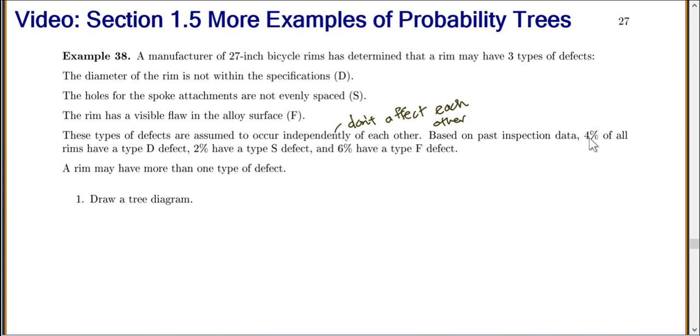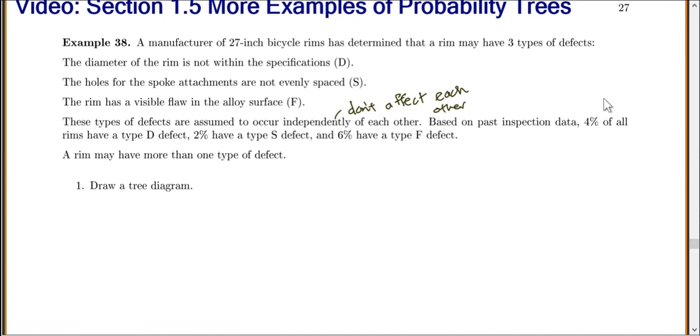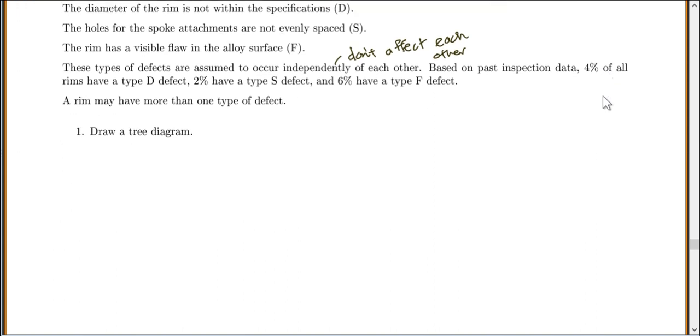Okay. Based on past inspection data, 4% of all the rims have a type D defect, 2% have a type S, and 6% have a type F. And a rim may have more than one type of defect. So if we were to draw a tree diagram,